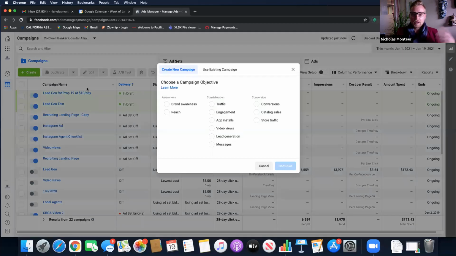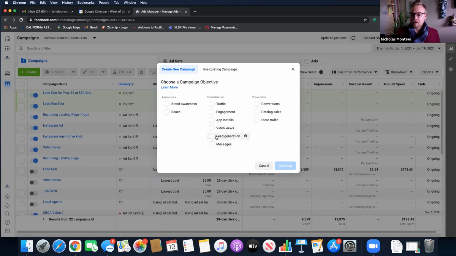Now it's gonna bring up a window and it's gonna ask you what you wanna do. This is where a lot of people are like, what the heck am I looking at? So just so you guys know, the middle column here is going to be the best for your real estate business. The conversion section over here is built more for people who have online sales, like if they sell retail or like Herbalife or something like that, that would be something better done over here. You're going to stay in the middle.